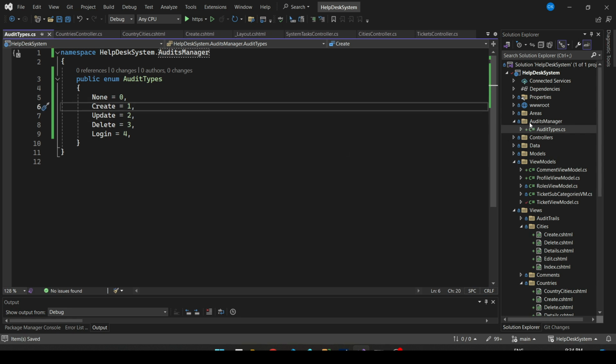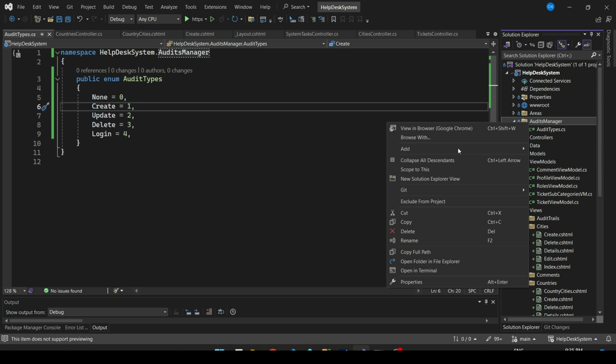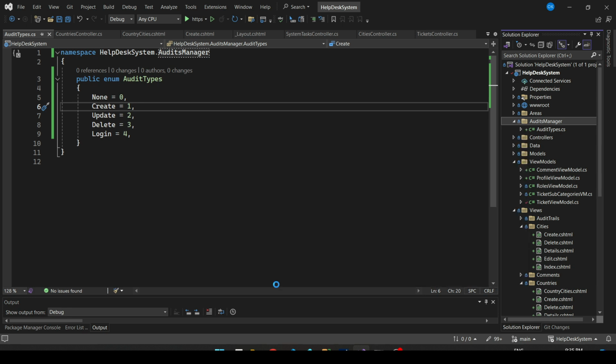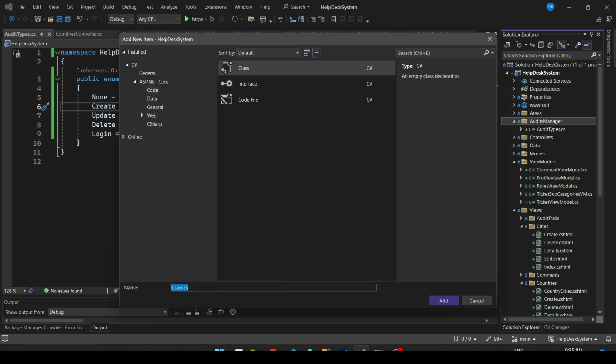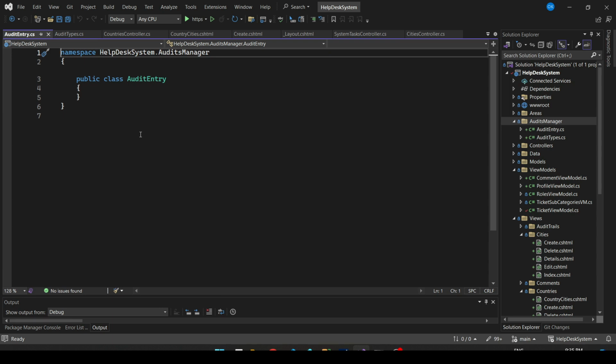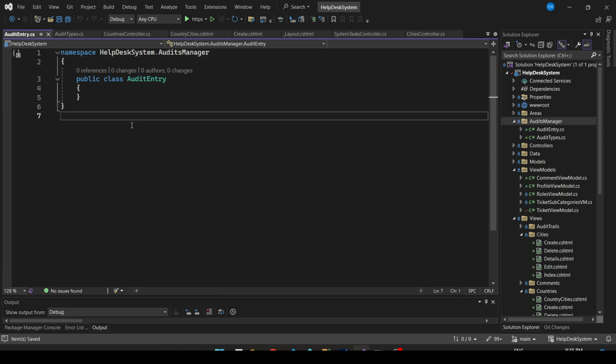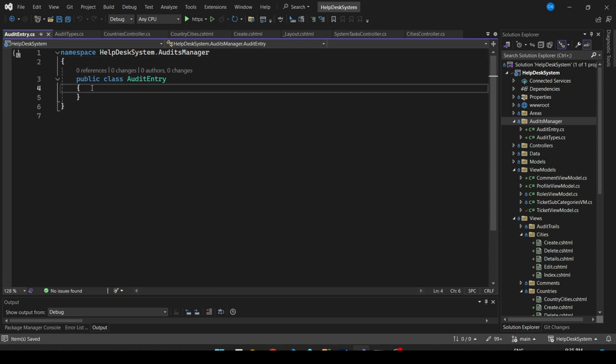Then I want us to add another class here. So I want us to add another class called audit entry. So you call it audit entry, so that on this audit entry, this is where now we are going to deal with our audits. So let's just introduce